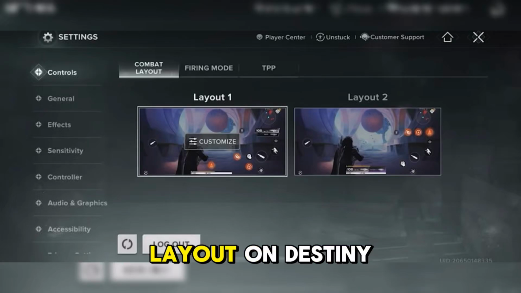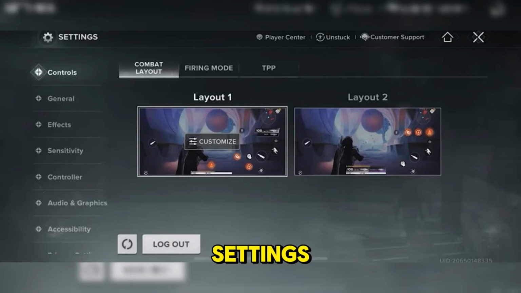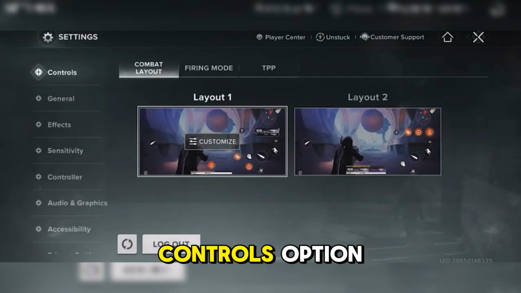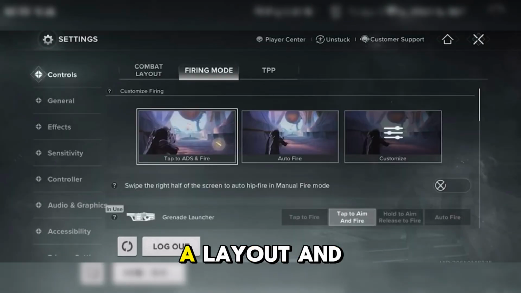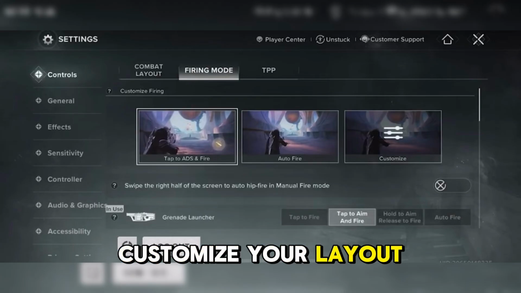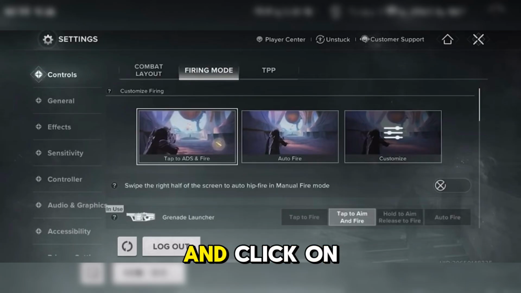To change control layout on Destiny Rising, what you need to do is go to the settings and then navigate to the controls option and then click on combat layout and then choose a layout and then click on customize. Afterwards, you can now go ahead and customize your layout or go to the firing mode and click on